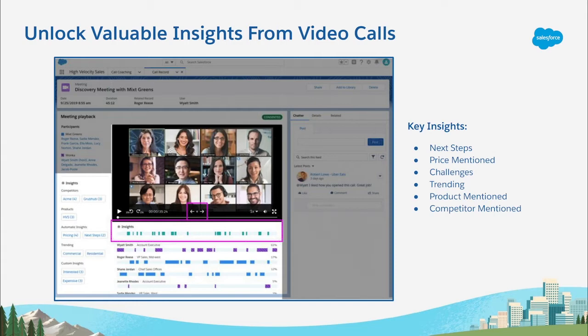Video calls can be fast-forwarded to key insights and coachable moments that help sales teams learn best practices and win more deals. With standard and custom insights derived from video calls, sales managers now have a powerful tool to boost sales performance, coach sales teams, and close more deals than ever before. For example, sales managers can play recordings of conversations to gain visibility into mentions of competitors, products, custom keywords, pricing